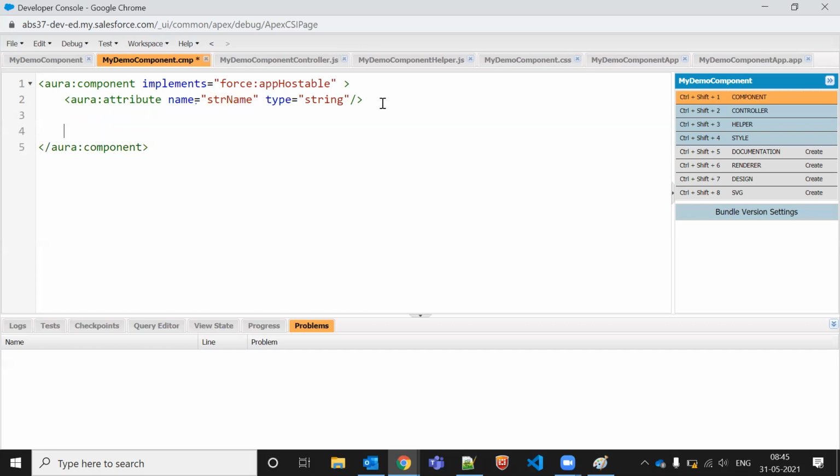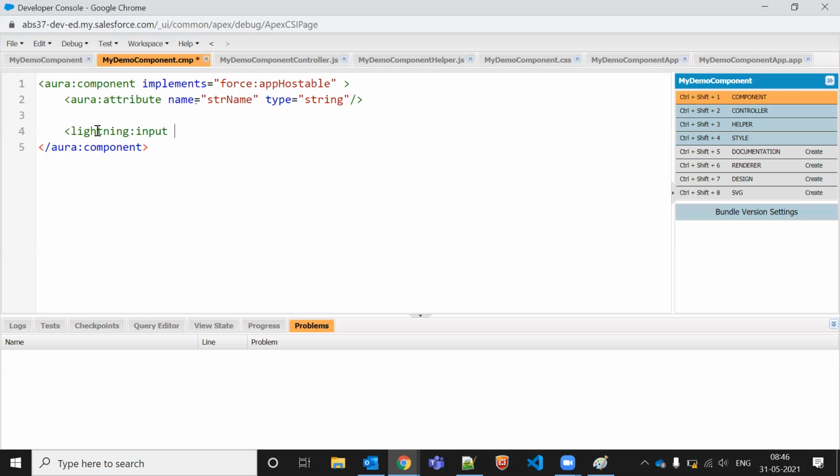If I want to call this, if I'm using lightning input here, it's like in Visualforce, where we have input text, input field, something like this.